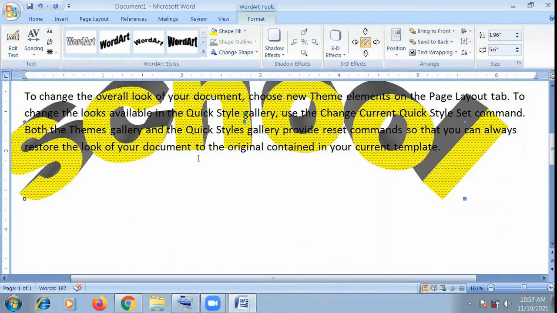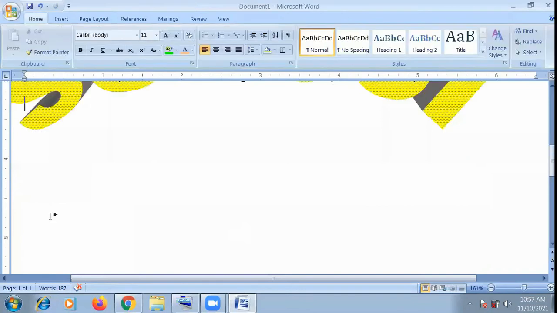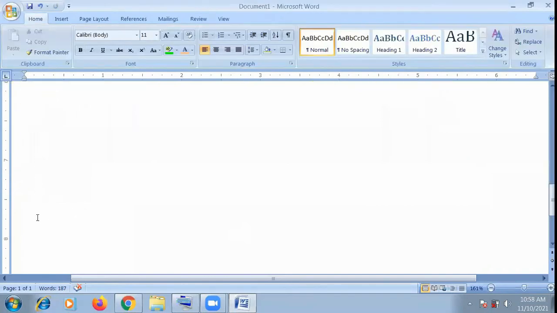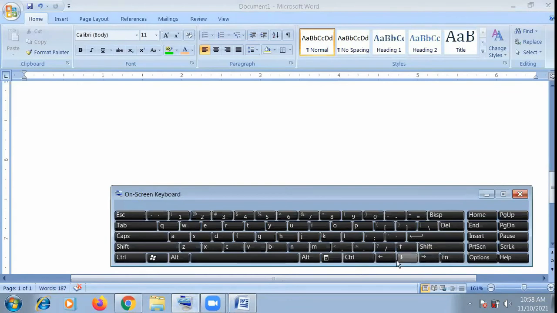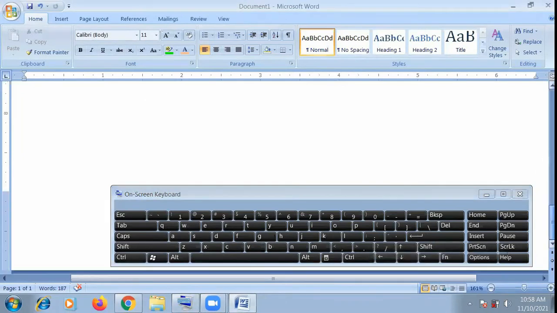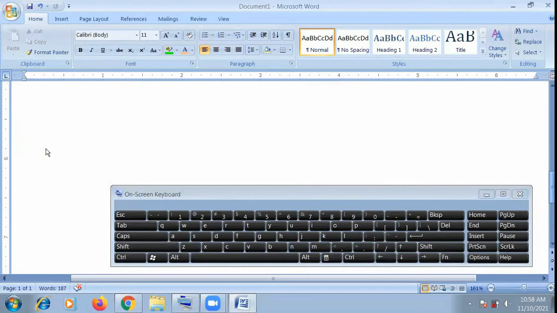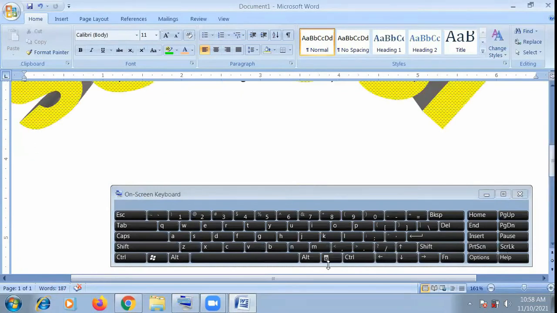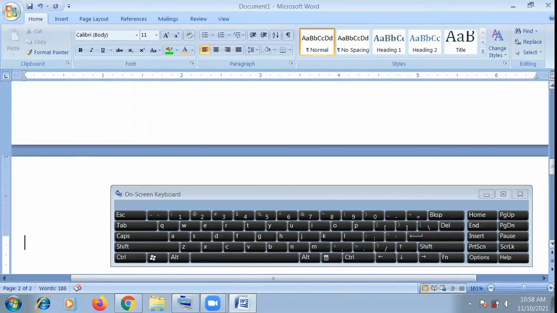Now inserting picture. Next topic is inserting picture. Let's see the inserting picture one. What is the shortcut to break the page? Control, enter. Okay. So let's see that we are getting the page or not. First, we have to set the cursor. Alt enter or control enter? Let's see. Control enter. Control enter is the correct one.